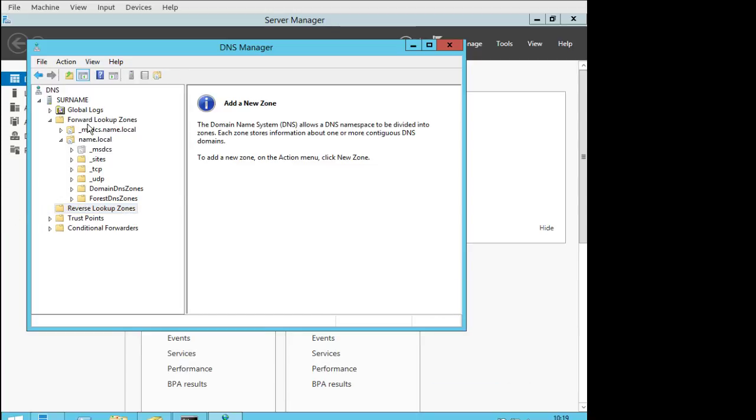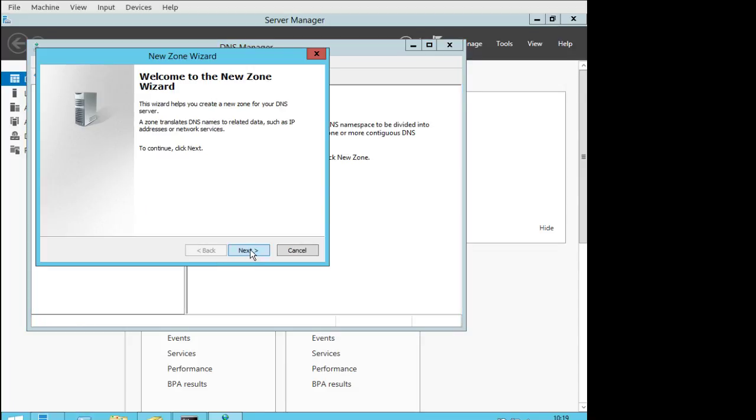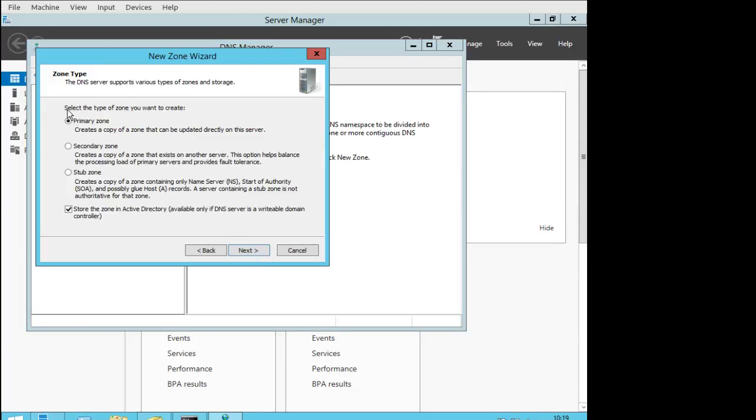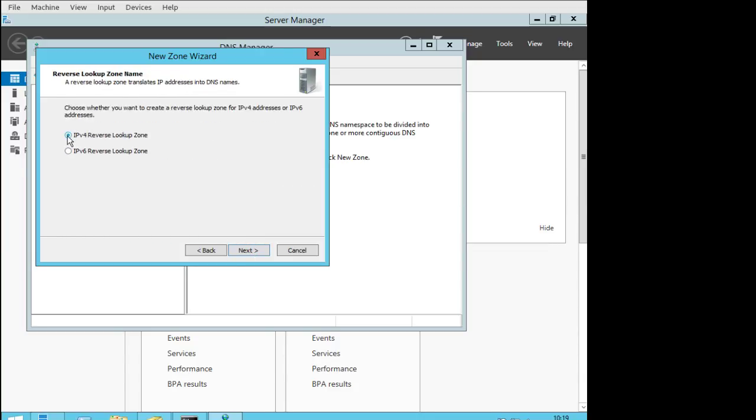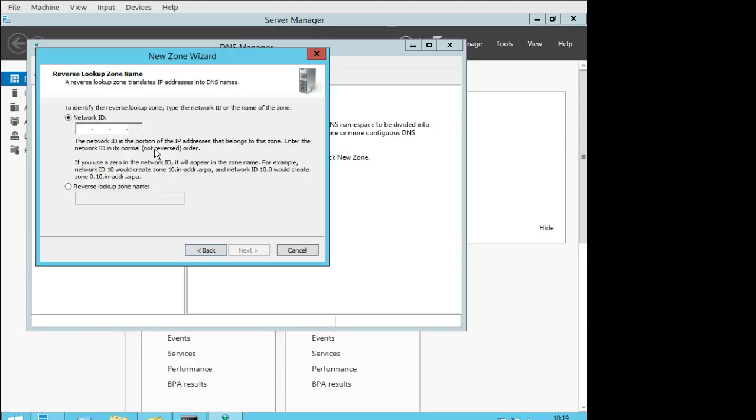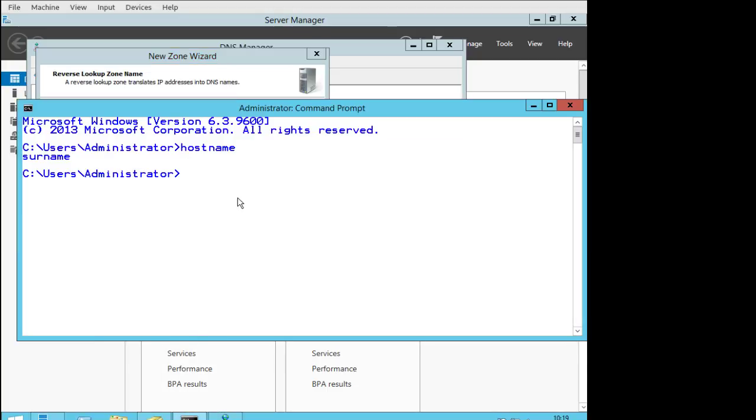So let's begin to create a reverse zone here. In DNS Manager, you say new zone, and it will be a primary zone. It will be stored, and replicated to all DNS servers running on this domain, next. It will be an IPv4 reverse lookup zone, next. And since we are working with